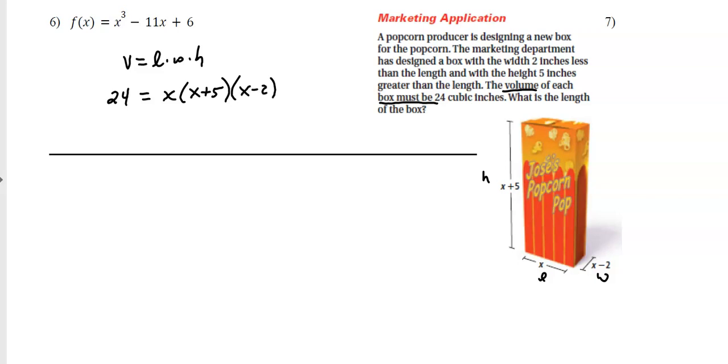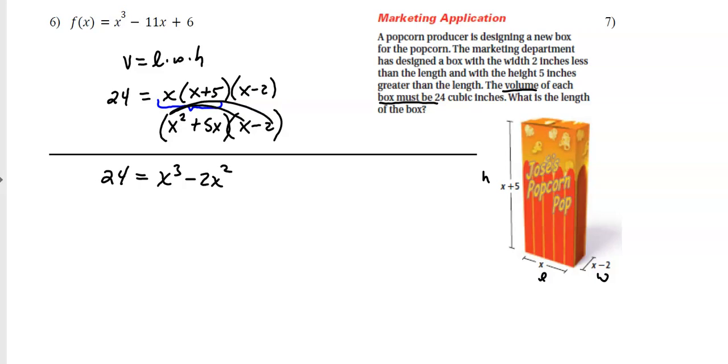I think I wrote those two backwards. It's height and width, but it doesn't matter. I got to multiply them all 3 anyway. So I'll do the first 2. So that was just that piece. Now we got to do this last part. So I'm going to have 24 equals, that'll be x to the third minus 2x squared plus a 5x squared minus 10,